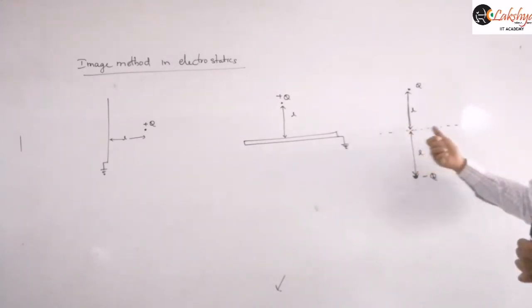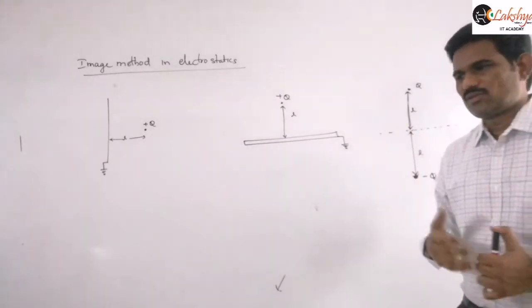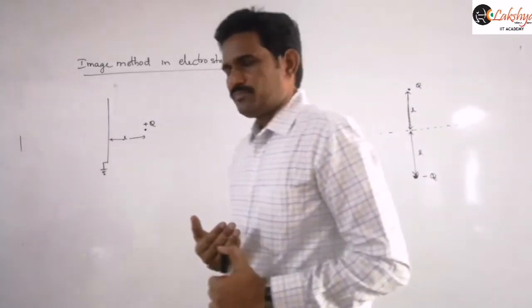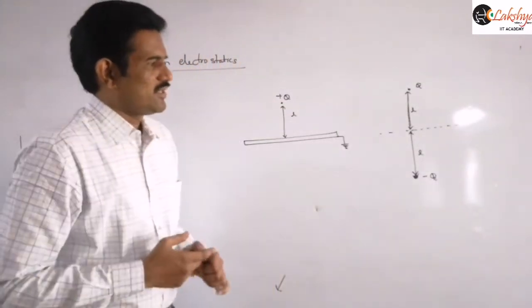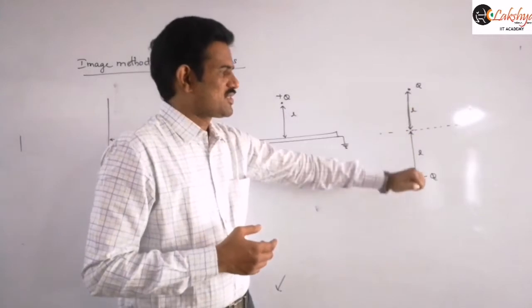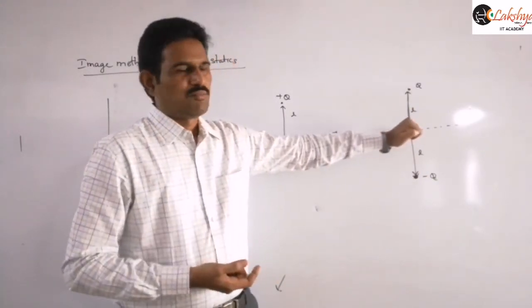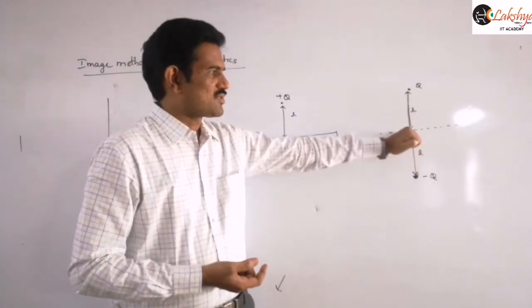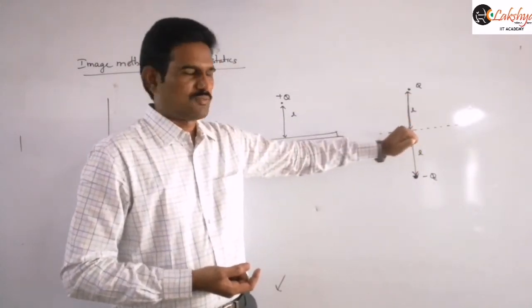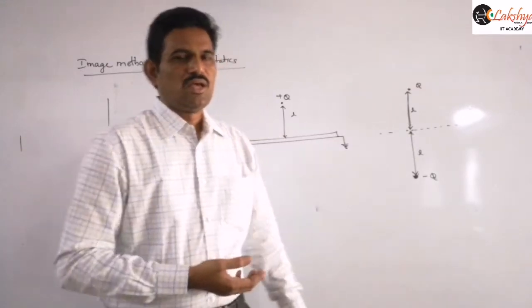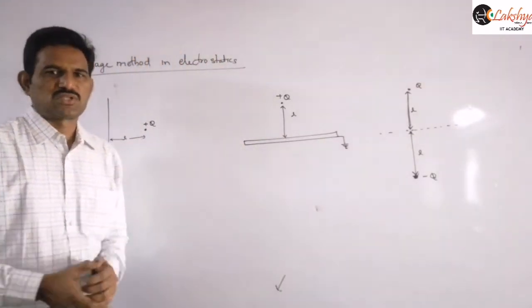And so now this dotted line will be an equipotential surface. That you know already, if you just draw the field lines, you will get an idea. Or if these two are like opposite charges here, the potential at this point is nothing but 0, right? Because potential due to positive charge and negative charge will be cancelled at this point here. That means at any point on this conducting plane, you can consider that as an equipotential surface.